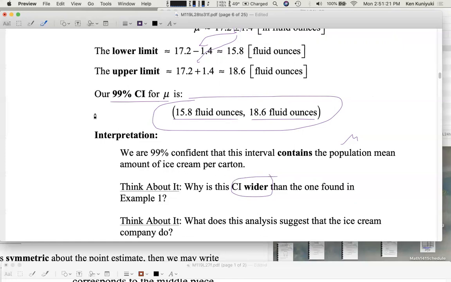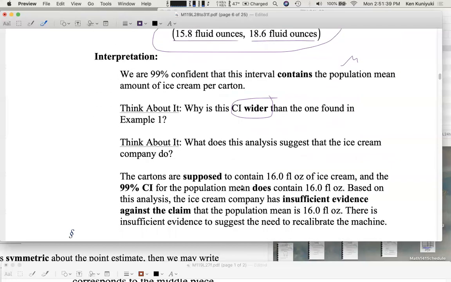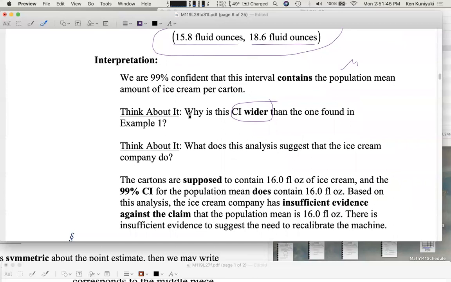It could be the case that the population mean for the machine is actually 16.0 fluid ounces, but this is due to sampling error. And maybe the machine doesn't have to be calibrated. This discrepancy could be due to sampling error. The cartons are supposed to contain 16.0 fluid ounces of ice cream, and the 99% confidence interval we have here for mu does contain 16.0 fluid ounces. It's between 15.8 and 18.6. Based on this analysis, the ice cream company has insufficient evidence against the claim that the population mean is 16.0